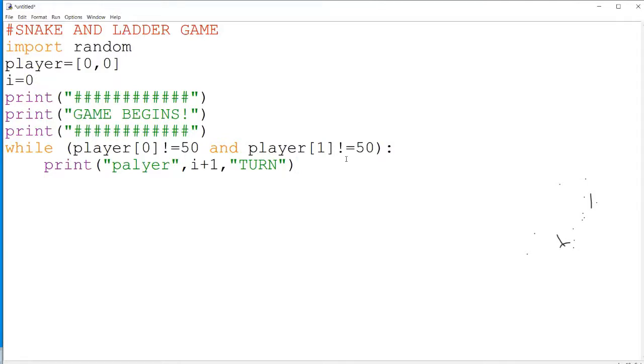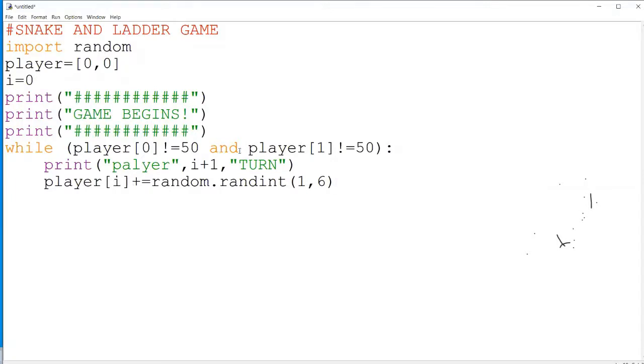Fine. Now we'll proceed with this. So player of i, because whatever the value of i, based on that, that particular player will throw. Then plus equal to, then the function related to random dot randint, because the dice will be having 6 faces. So I'll be using random dot randint of 1 to 6, which means this randint will generate any one value. Now whatever the value generated, you can see here the plus equal to, you know how to expand this. This will be added to the player.